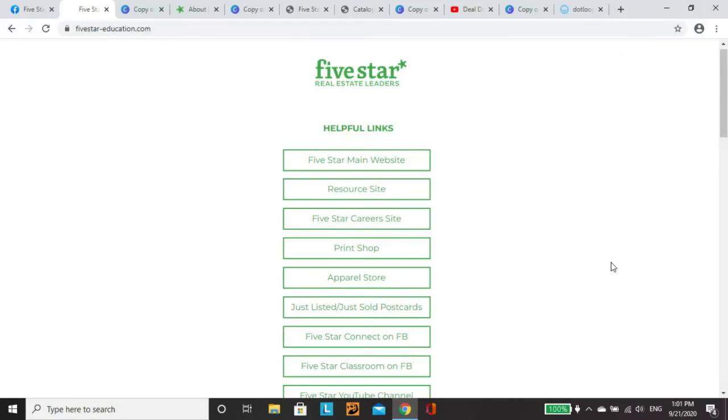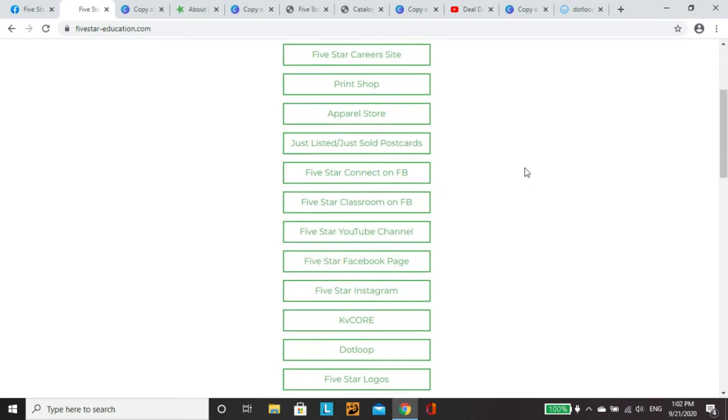Again, that's 5-star-education.com. No spaces. And what you will pull up is a page that looks like this one. Okay, it says right at the top, 5-Star Leaders, and there are helpful links. And if you scroll down these helpful links, there's all kinds of